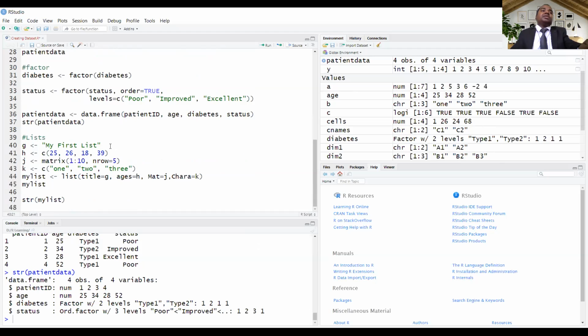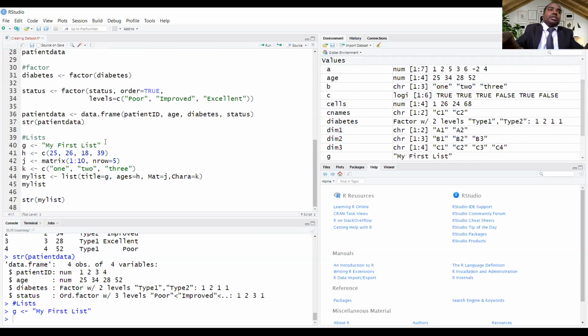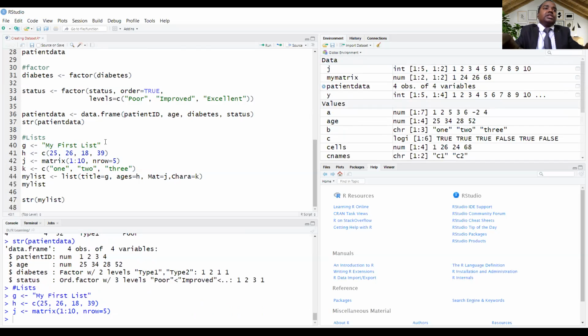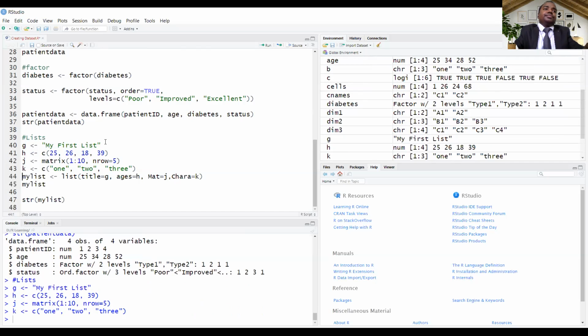So we are having a G variable having my first list character data. Then our second, age, is having numeric data. Then J is having our matrices. Then K is having our character data. Then your list is being assigned as list, title equal to G.